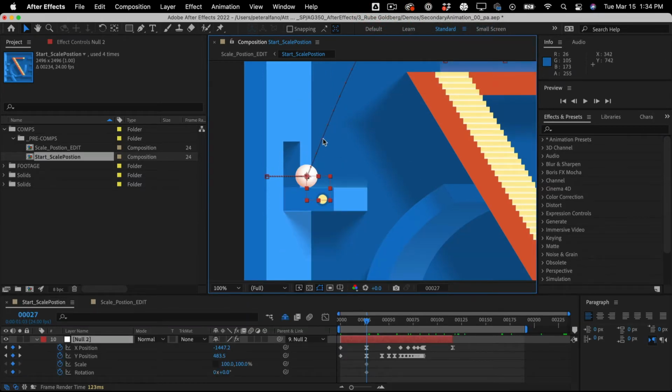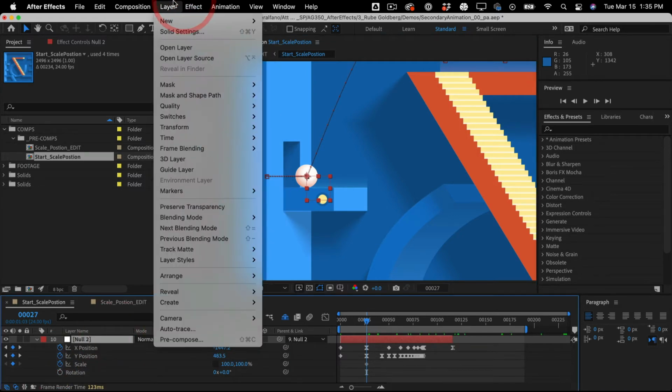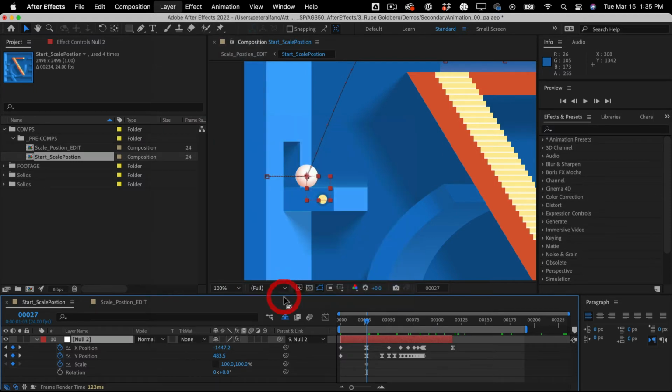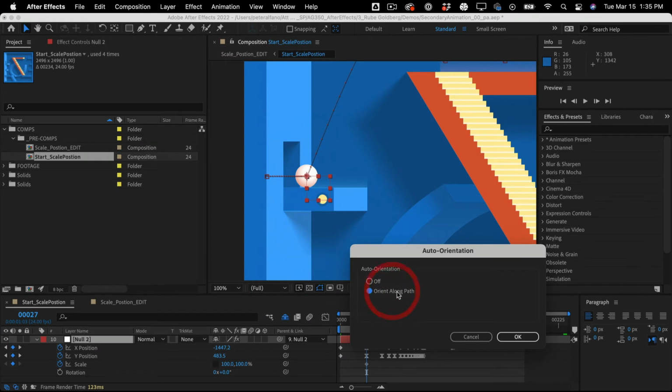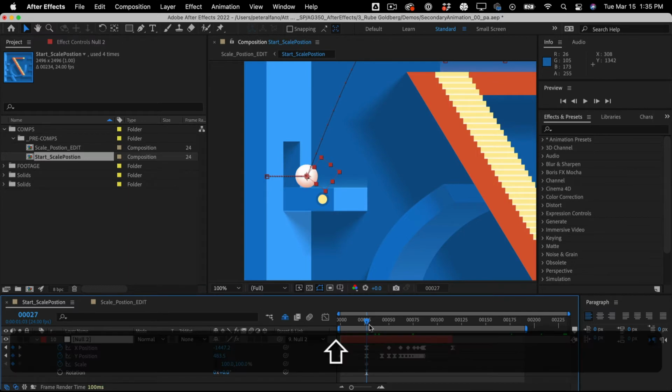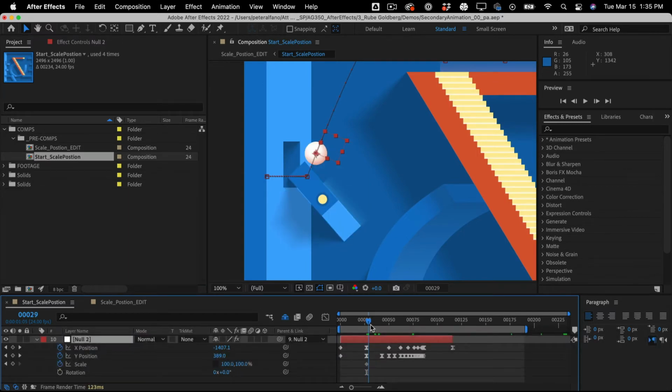So I could rotate along this path, but I'm going to do a little experiment and try to be lazy here. I'll go to Layer, Transform, Auto Orient, Orient along path. And what that should do is have the ball go along the path here. Let's see if that works. So right here,